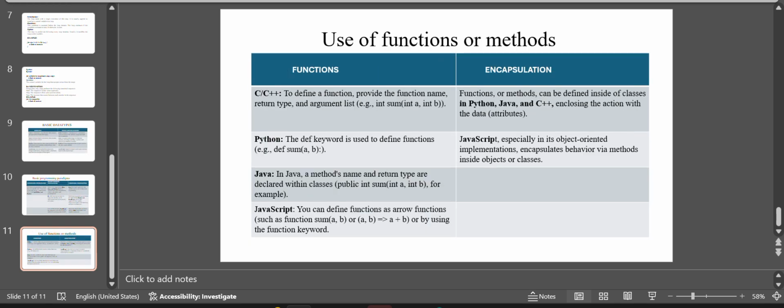Use functions or methods. Here, functions and encapsulation. In C++, to define a function, provide the function name, return type, and arguments list. Example